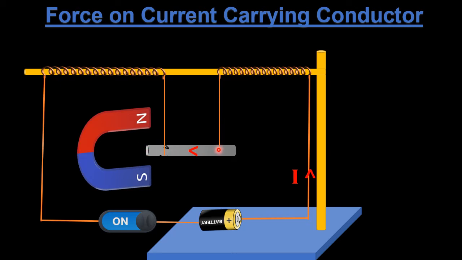Due to the flow of current through the conductor, as we already know, a magnetic field is produced by the conductor, and there is already the magnetic field due to this horseshoe magnet. So there are now two magnetic fields which will interact with each other, and due to this interaction, this conductor will be deflected, and the deflection will be here towards us in this direction,